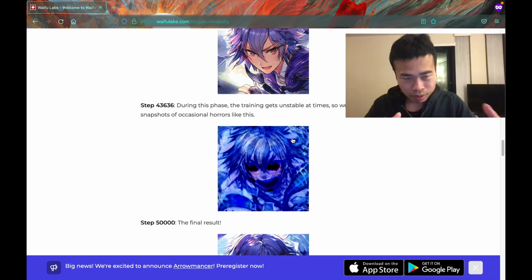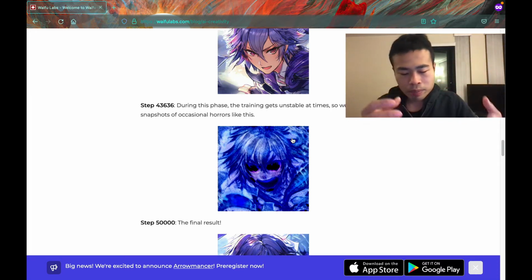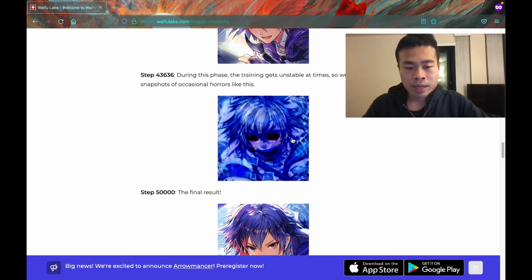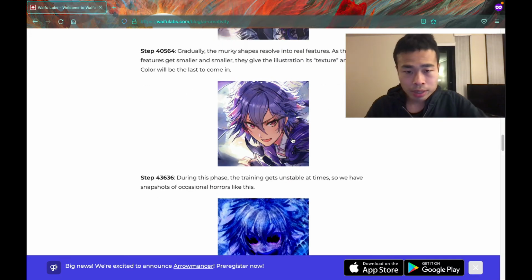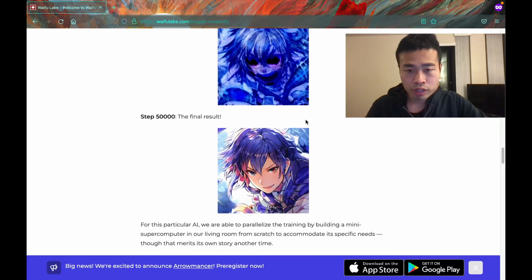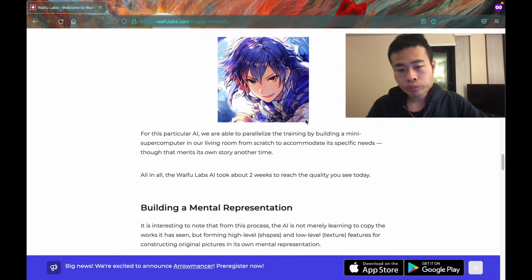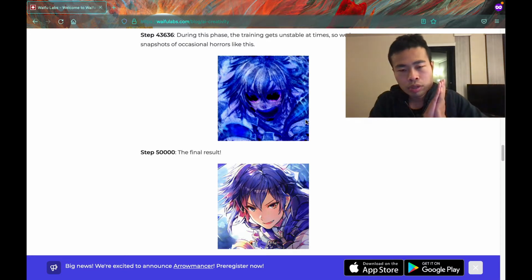And sometimes you will encounter some unstable points, which is maybe overfitting, or you go into some local minimum instead of the global minimum in the loss space, right? Then after 50,000 steps, it can generate results like these. In my opinion, the one after 40,000 is actually better. So there may be some overtraining, overfitting here. But anyway, during the training, the generator is doing a better